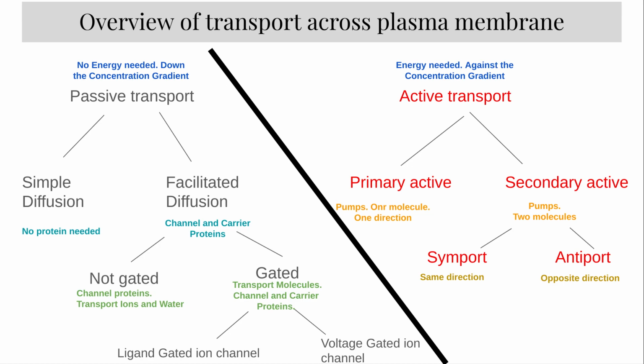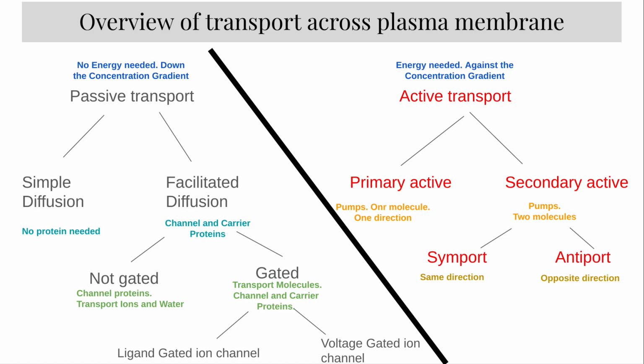So we can basically divide transport into passive transport and active transport. Passive transport is movement that does not require energy because things are moving down the concentration gradient. And active transport is when you need energy because you're moving against the concentration gradient. Passive transport can be divided into simple diffusion, where you don't need proteins. An example of this is movement of carbon dioxide or oxygen gases, and also diffusion of water. Water is going to have a little bit more difficulty as we discussed before, but it can still go through